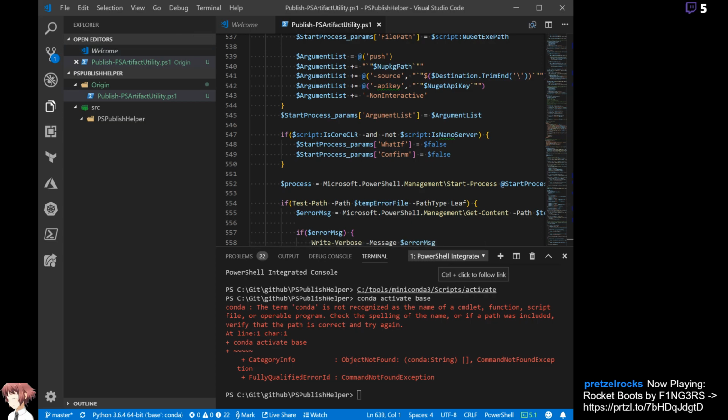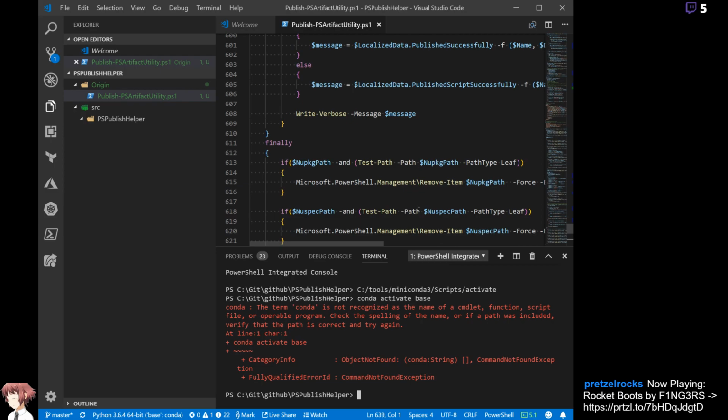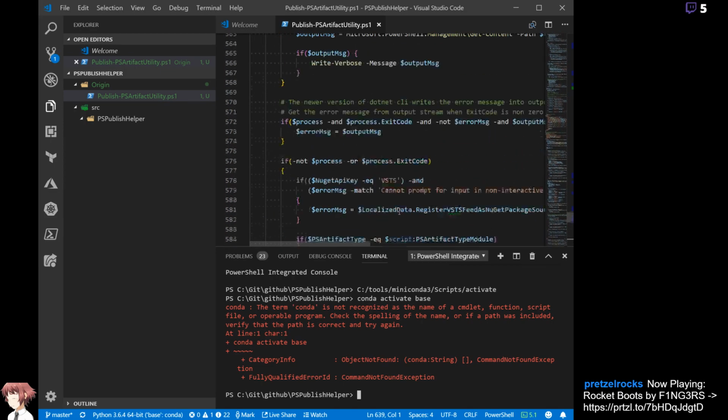Yes. All right. Well, that's really annoying, and we're just gonna have to ignore it for now. Don't know why Miniconda's trying to activate inside of the PowerShell integrated console, but